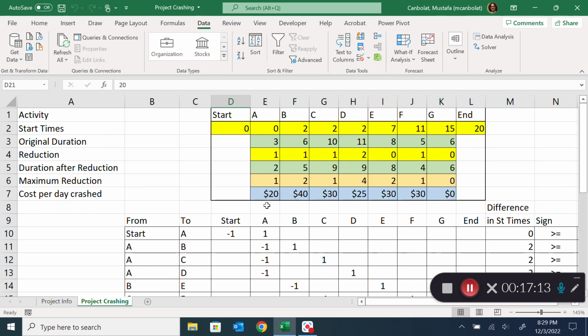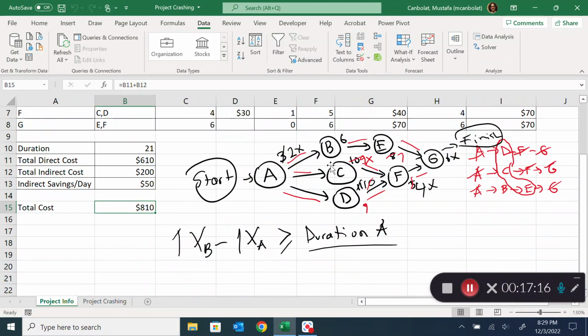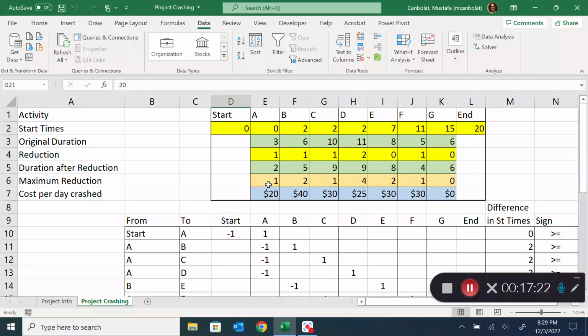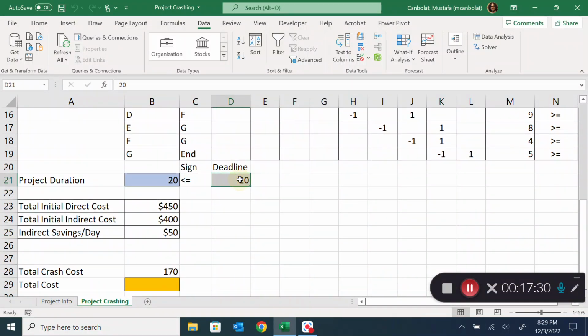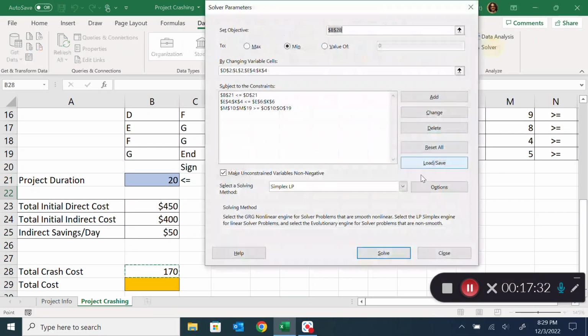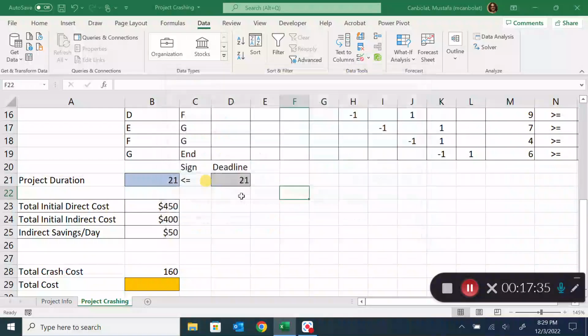The reason is that there is a path with no possible crashing. There is no way to reduce the project duration further than 21 if we have these maximum reduction amounts. If we don't have them, maybe we'll be able to do that, right? So I'm going to make this 21 again and solve it, and we are able to find that. But taking into account